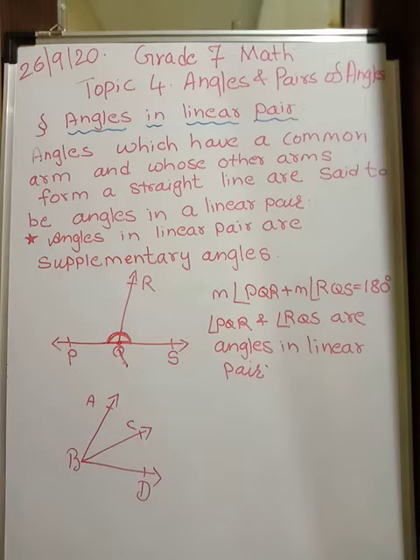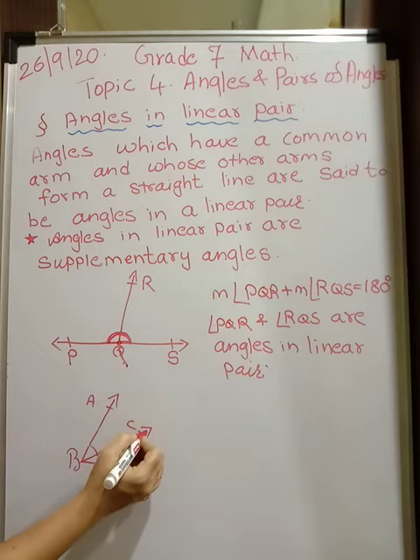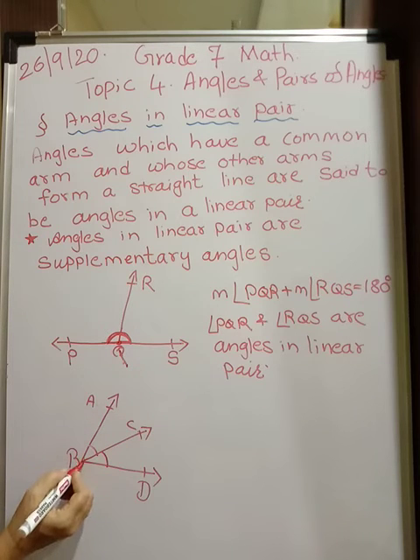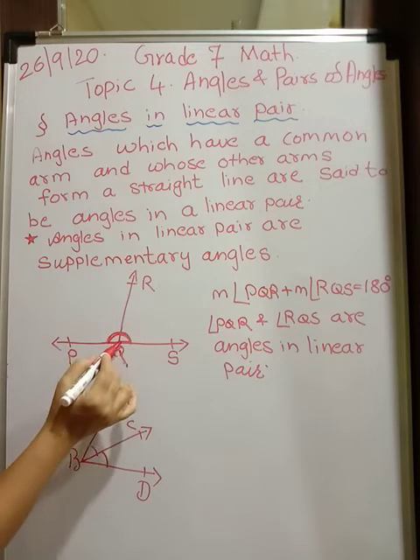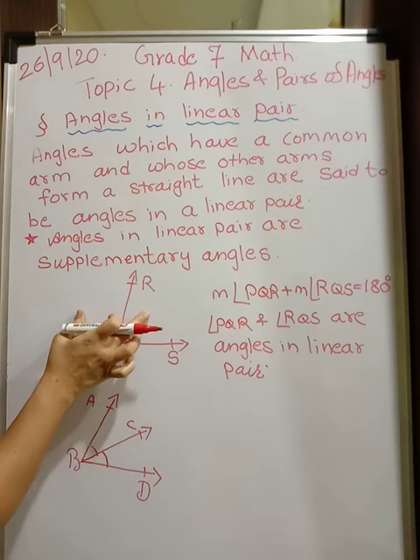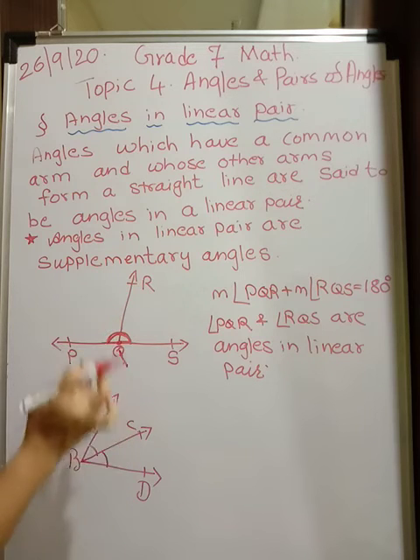Now keep this aside and come to this diagram. They have a common vertex B. These two angles I am speaking about: angle ABC, this angle, and angle CBD, this angle. They have a common arm BC, and a common vertex. Now, in the other diagram they have a common arm QR and a common vertex Q. We are comparing these two.